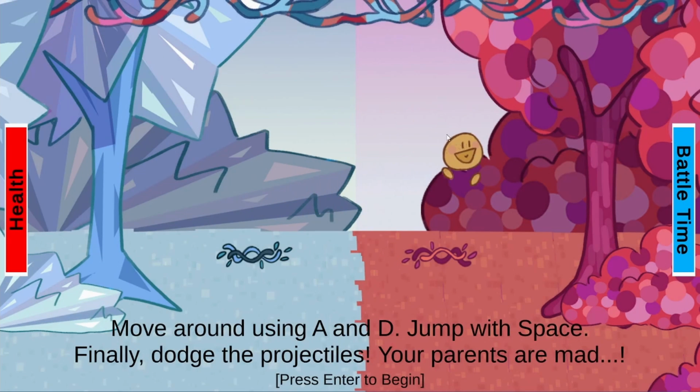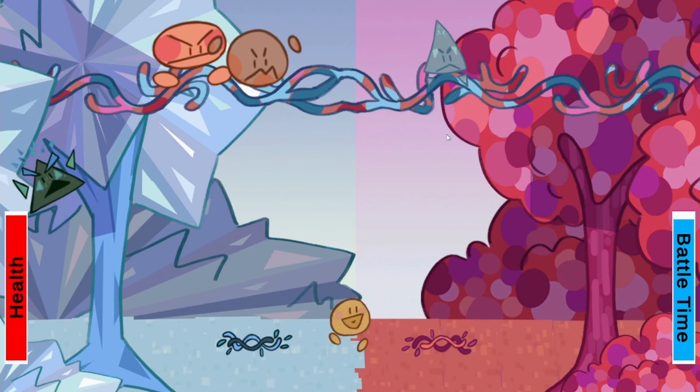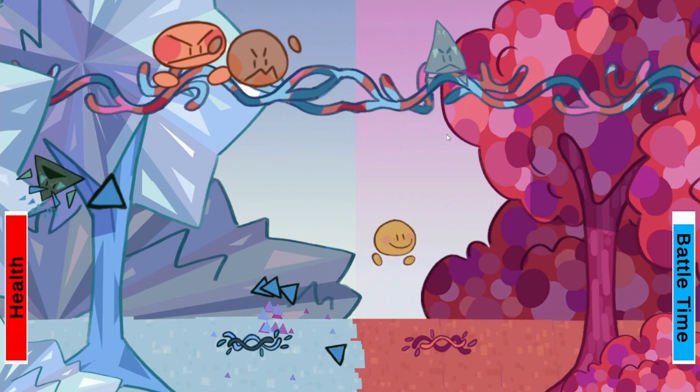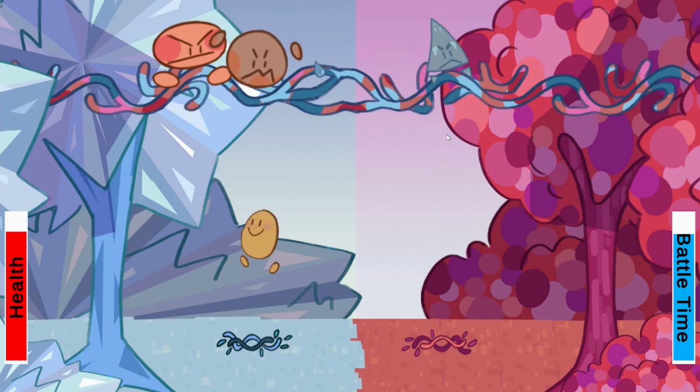So this is a bullet dodging type game. It was just after I played Deltarune, so I was like, you know what? I'm making a bullet dodging minigame. So yeah, I'm gonna get into it. They're the parents. They're overlooking, angry. The other parent is shooting triangles at you. Oh, I got hit. Now they're crying after a triangle hit them.